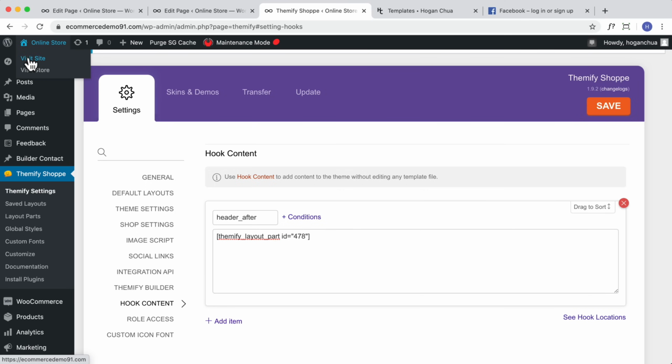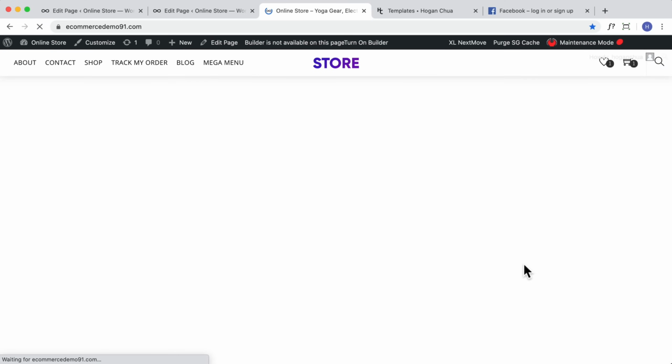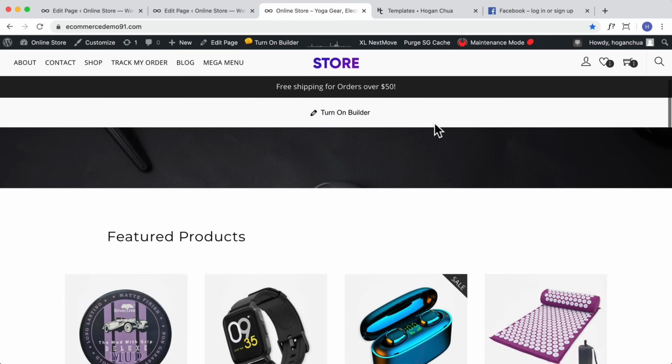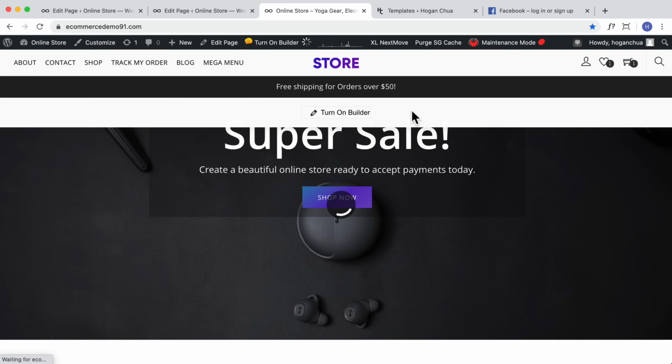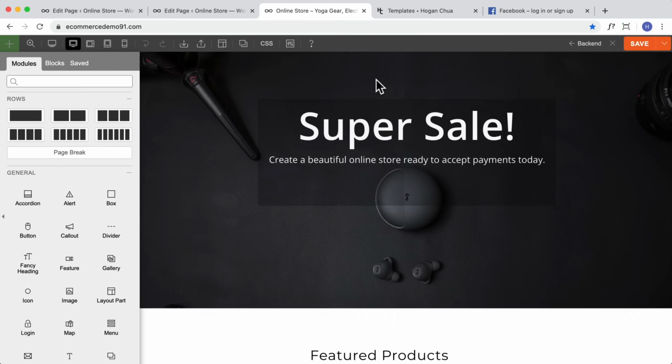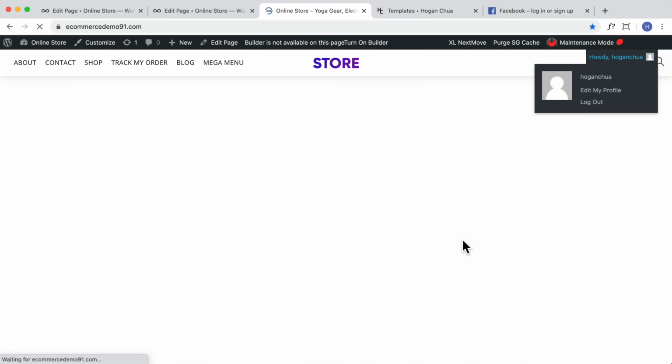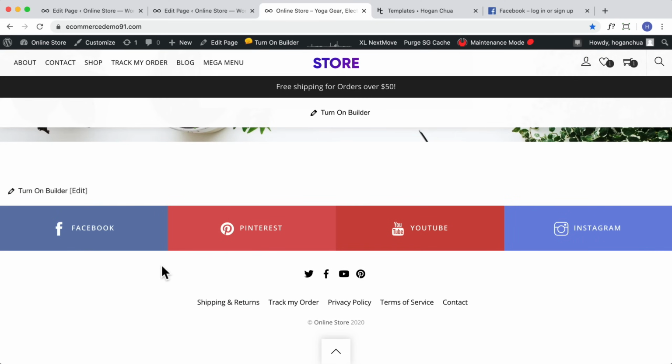right, and let's go over here and visit site, and then you've got your secondary header, right? So you can also edit it straight from here as well. So literally, it's just super, super amazing. The next thing I want to show you is your footer section. So how do you make it like a more advanced footer? So to do that,